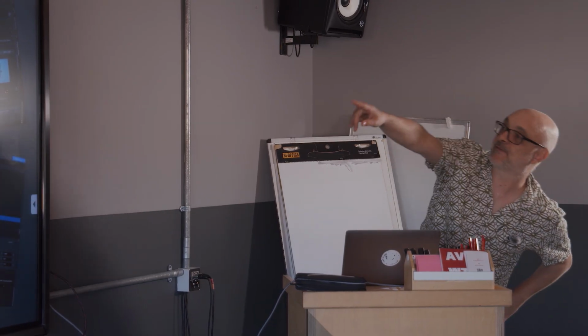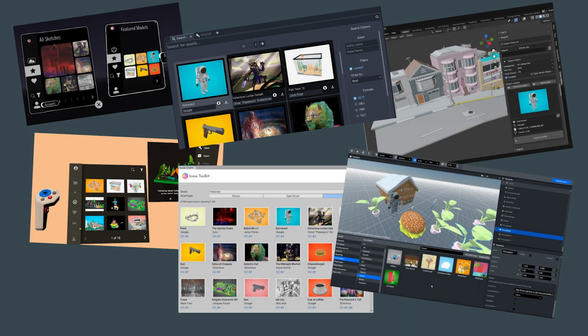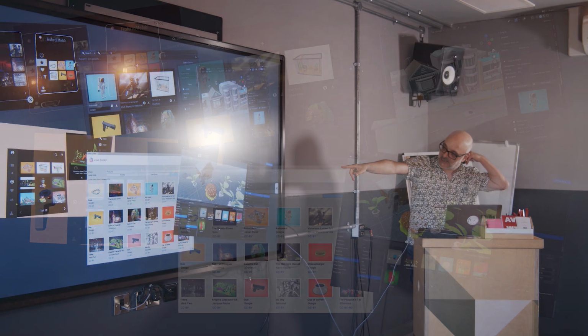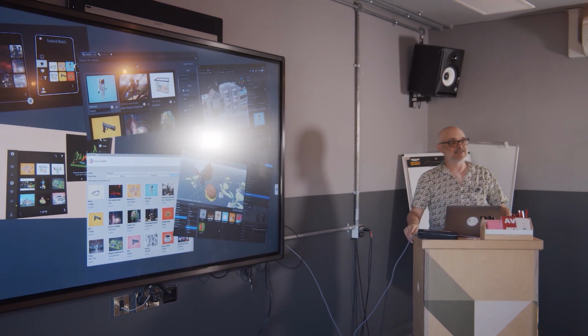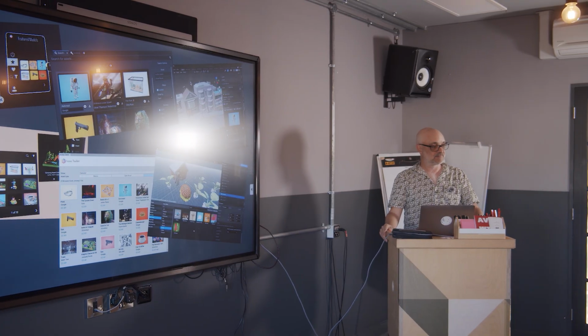So you can see that over on the left, you've got OpenBrush and OpenBlocks, the UI for exploring the gallery. Forgetting which one's which now. There's Godot. Does anyone know Godot, the open source game development? And underneath you've got Unity. Over here you've got Blender. Down here is the editor for what used to be Mozilla Hubs, which is a kind of online shared social VR application.